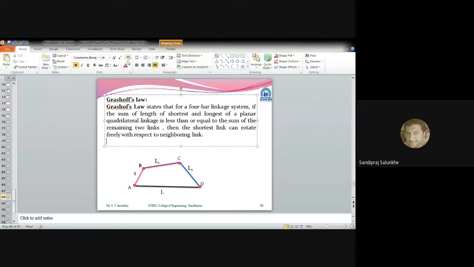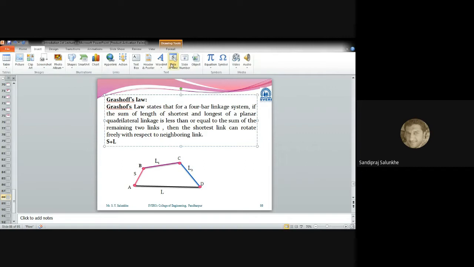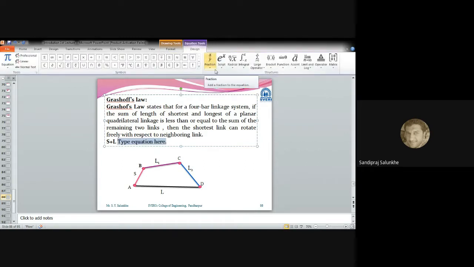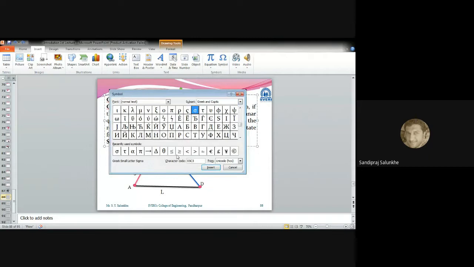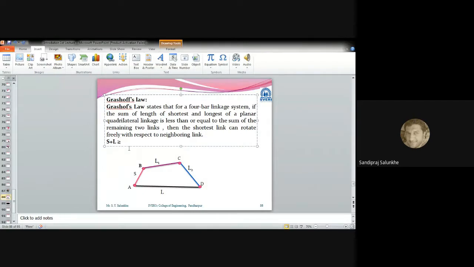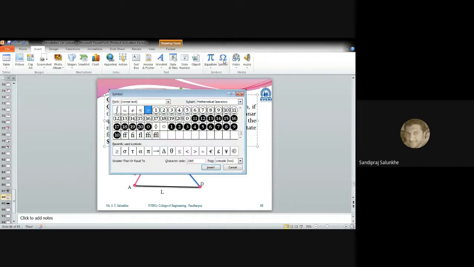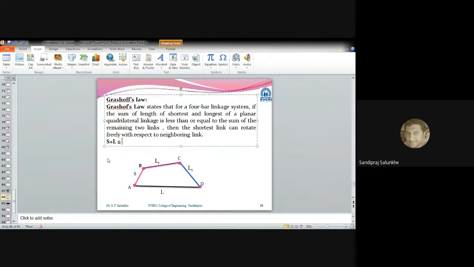What Grashof is saying is S plus L should be less than or equal to the length of the remaining links, that is L1